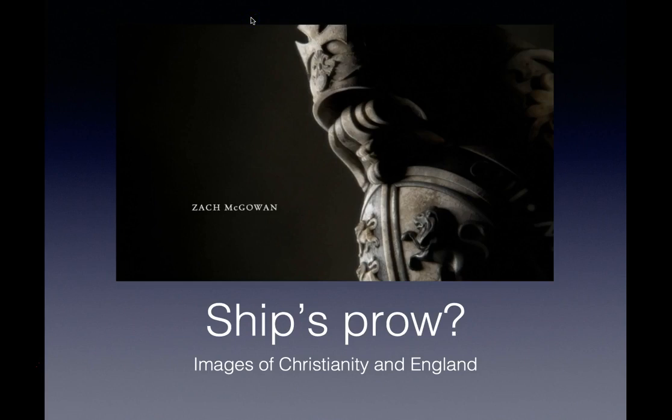The next shot pans slowly over some kind of structure faintly resembling the prow of a ship. You can clearly see a cross at the top and lions on what looks like the top of a shield in the bottom half of the frame. We're not quite sure what we're looking at, but we do know that it's marble. Though these images have nothing to do with death, they perhaps represent the tradition that the pirates are coming out of, English Christianity. They flee these influences to become lawless pirates.